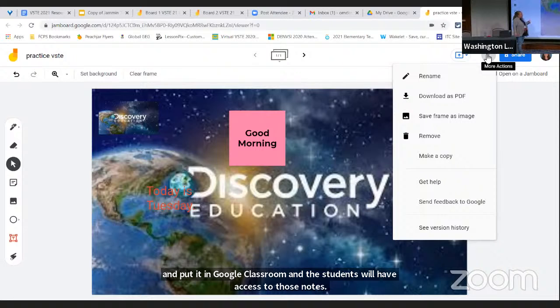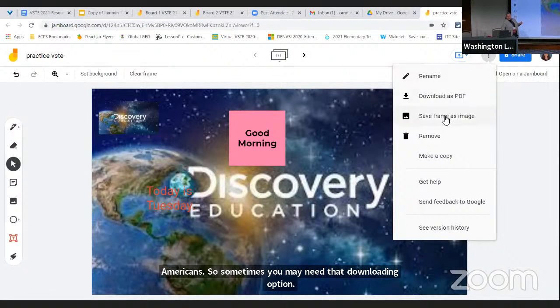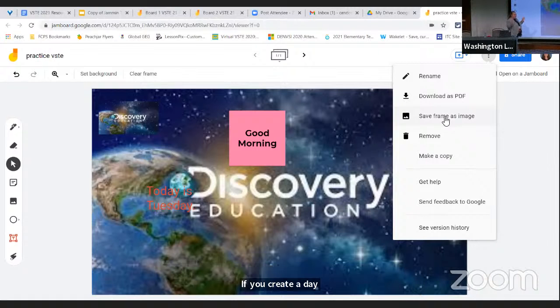The other thing that it was good for, we worked with some second graders, and they had to do some research on their famous Americans. So when we downloaded it as a PDF, they could then take it and start working on research with each child, finding the topics or the facts for each of the famous Americans. So sometimes you may need that downloading option. If you create a Jamboard that you really, really like on that frame, you can actually save that as an image and put it in a Google Doc or put it in a Google Slide